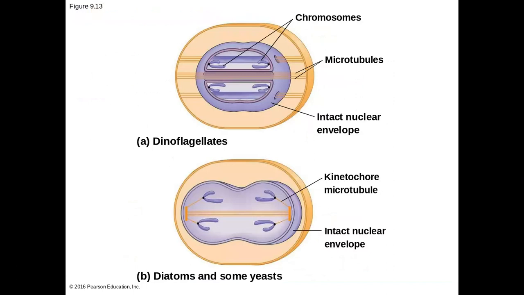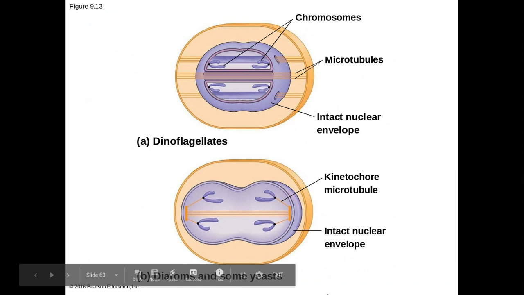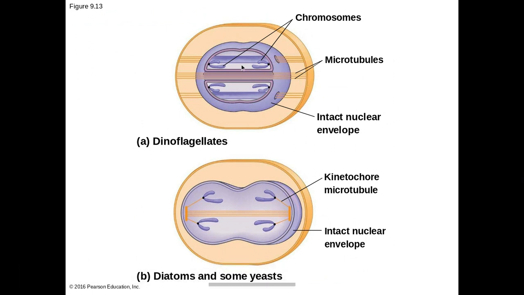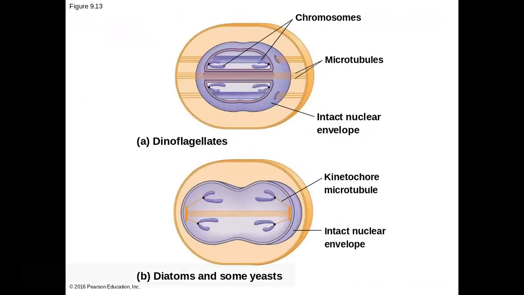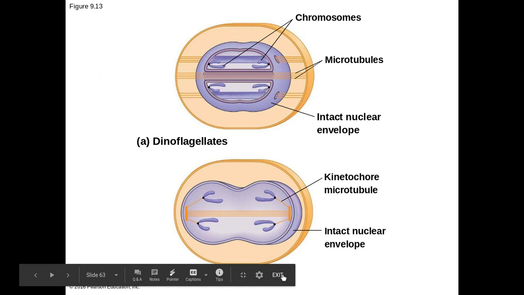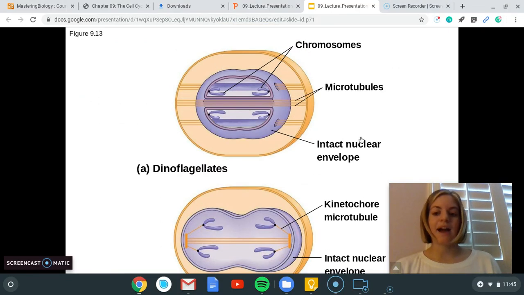So you can see here, these are dinoflagellates and diatoms and yeast. So the dinoflagellates still have microtubules, but they also have the chromosomes that are kind of copying. And then even the yeast and the dinoflagellates, it looks even more like mitosis. So that is the end of section 9.2. And then in 9.3, we will be discussing how this process